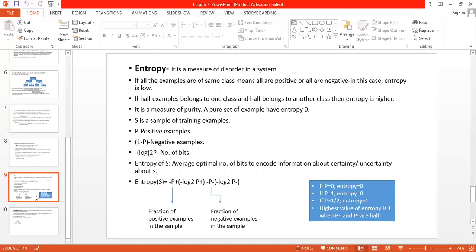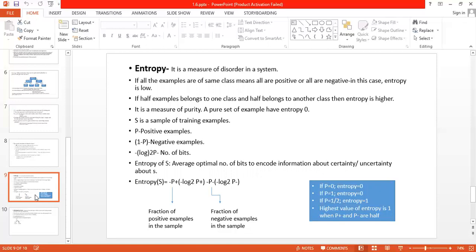Don't get confused here. It is actually very easy to calculate. I will show this in my next video. So don't get confused. Just remember that entropy is a measure of purity and it is calculated using this formula. For this you have to first count values for P plus and P minus so that it will be easy to find out the answer for this set.